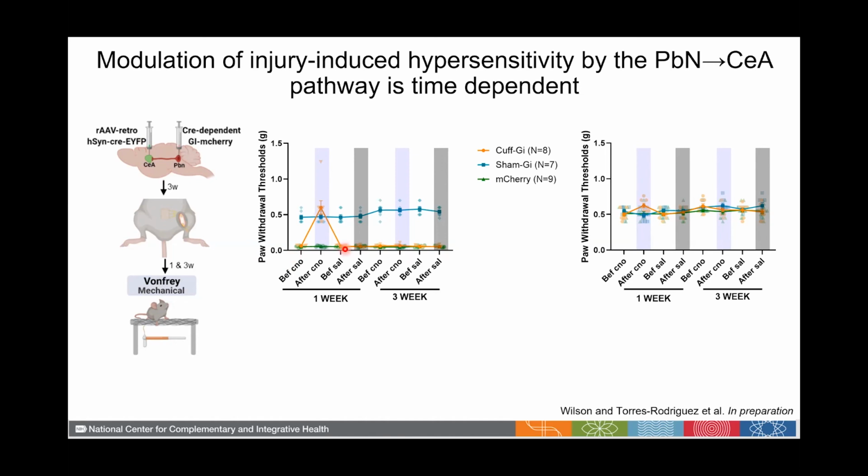It's like with learning and memory, the similarity would be like in the initiation and not necessarily the maintenance of the hypersensitivity. And I don't feel comfortable showing the data from the CeA, but the exciting part is that with our not systematic observations in the CeA, all the modulation that we have done in the CeA, we see it at any time after the injury. So this suggests that while the inputs from the PB are involved in getting the hypersensitivity established, it looks like the CeA and other brain mechanisms via descending modulation are the ones mediating the maintenance or the long-lasting hypersensitivity that we observe after